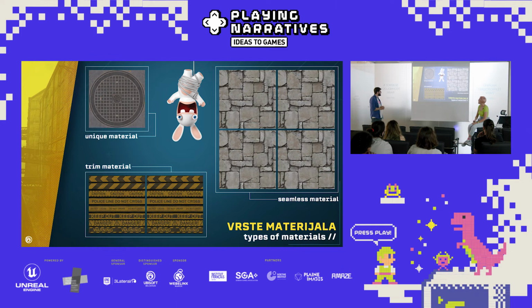So the other materials that we use could be separated into these three categories. There are tiling materials, which we call seamless materials. These kinds of materials are the same on each side and can be tiled next to each other, so we can put them on rooftops, on walls, on roads, or on big surfaces where they can be repeated